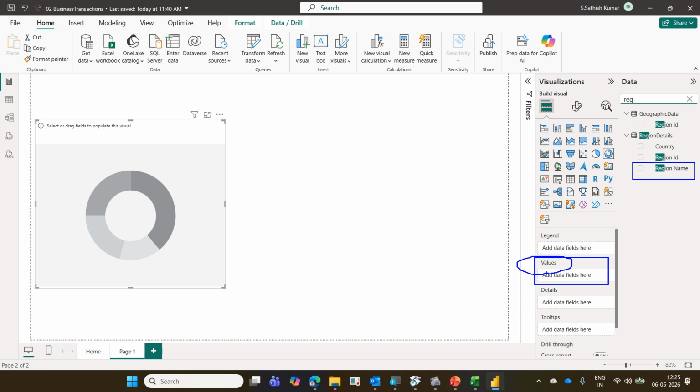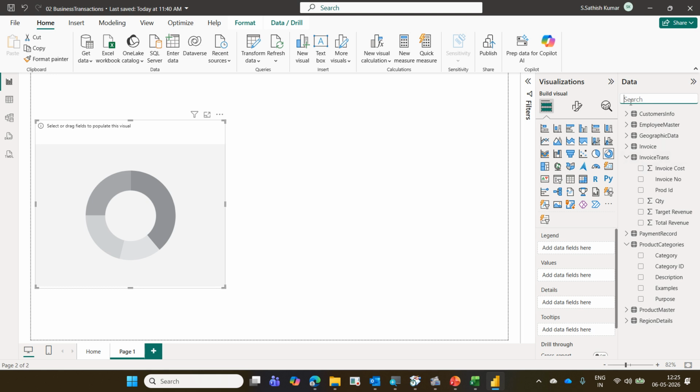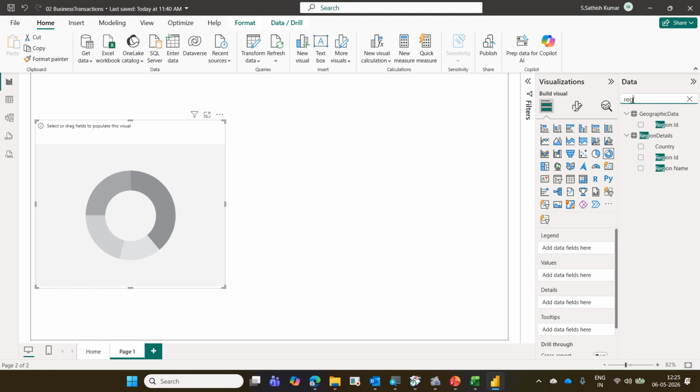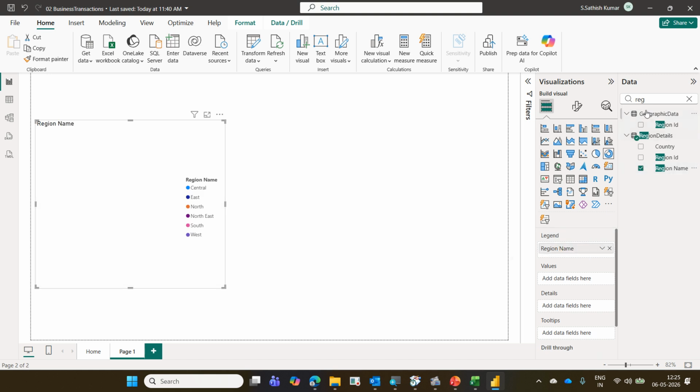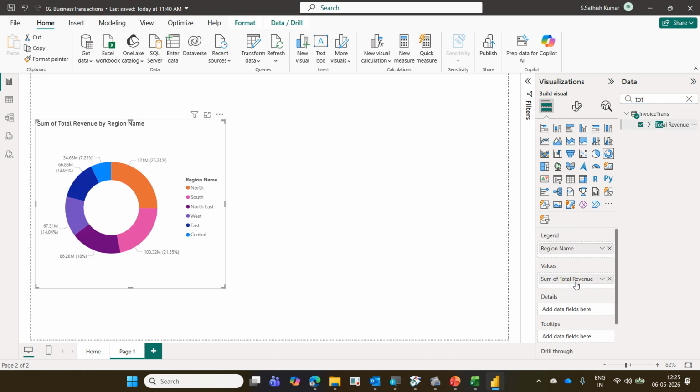So region name to the legend area, and total revenue into the value area. We got region wise, what is the sum of total revenue?